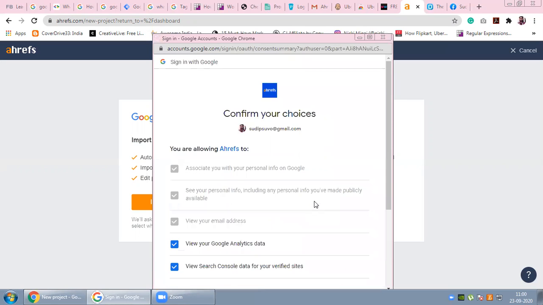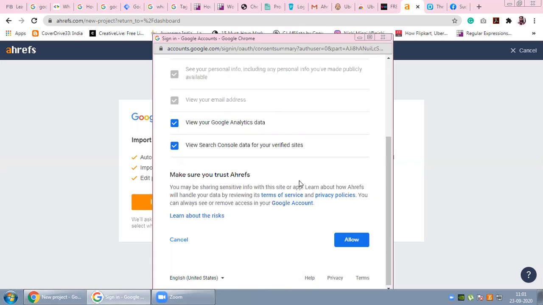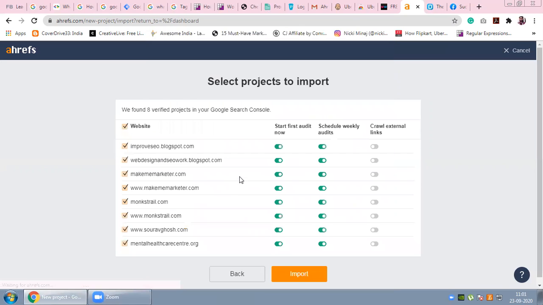Now they will choose which sites need to be tracked. Those I don't want to track, I am unchecking them. I am importing those 4 that I want to track on a regular basis.